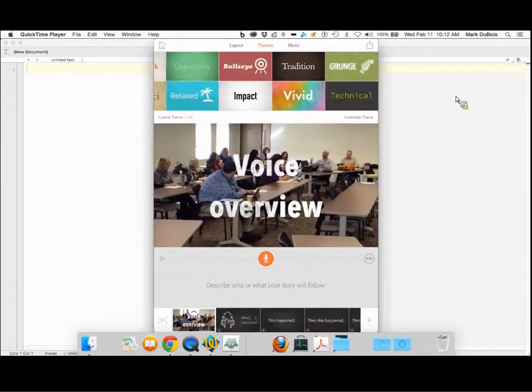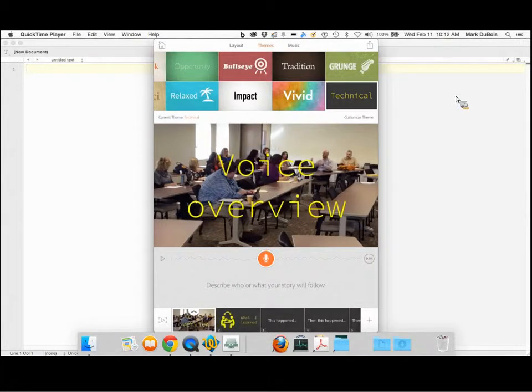can select from. Now, I know one of the questions that people will undoubtedly ask is, can I change the fonts and all that? And the answer is no. You have to work with the themes that are presented here. So if you don't like a particular font, then you're going to have to choose a different theme to try